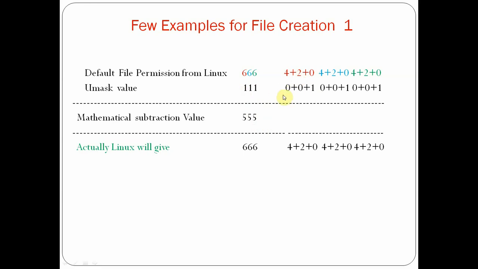Let me go through another example. In this example the umask value is set to 333: 3 for user, 3 for group and 3 for others. 3 means a combination of 2 and 1. I mean I want to restrict write permission and execute permission. Basically 2 is the weight for write permission, 1 is the weight for execute permission. In case of read permission, I don't want to restrict it. That is the value of 333, and we are applying the same value for user, group, and others.